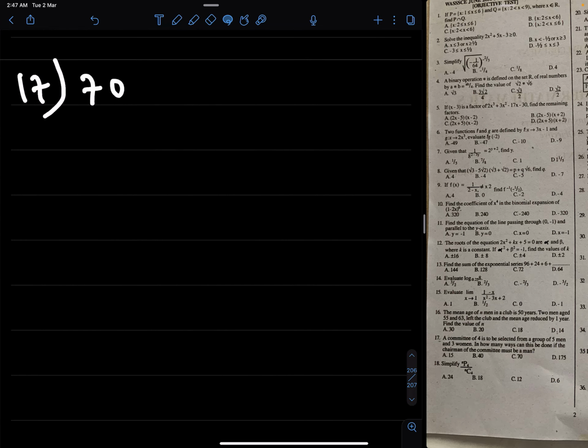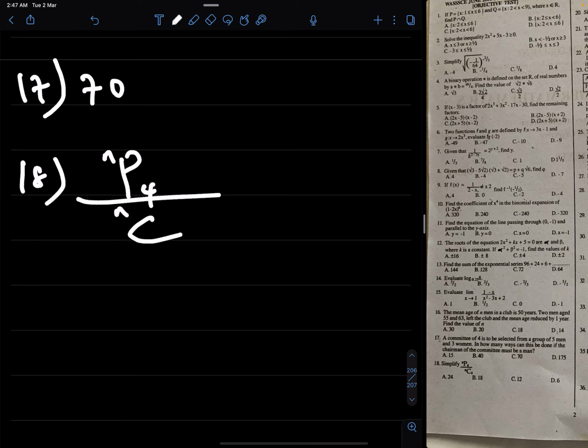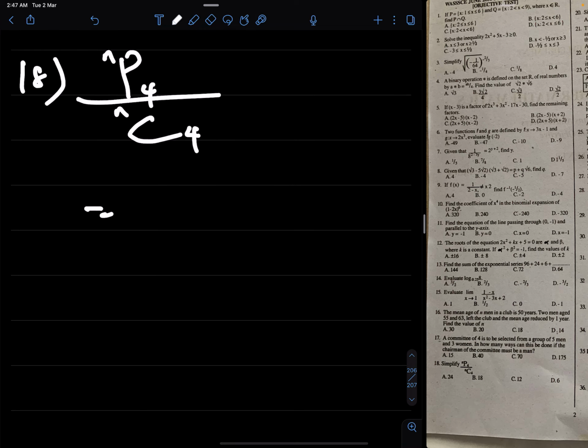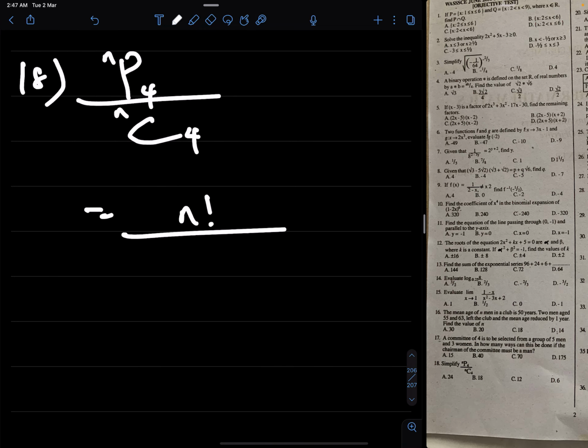Number 18. Number 18 says simplify n combination 4 divided by... This is the same as n factorial over n minus 4 factorial divided by n factorial over